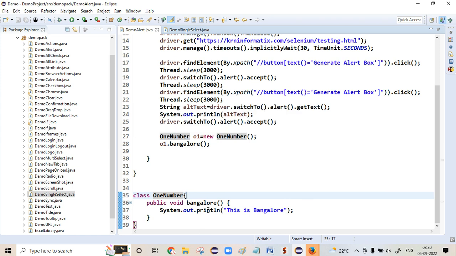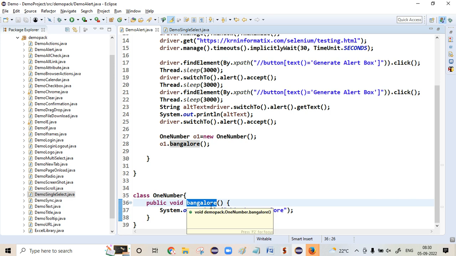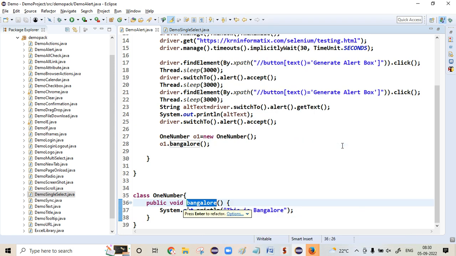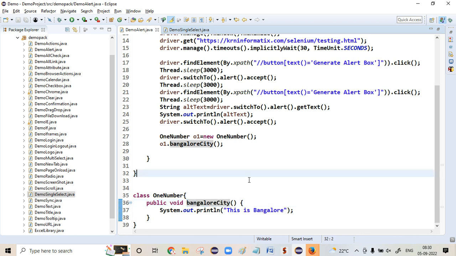If I want to change the city, right click, refactor. How to refactor. Now whenever we give the class name, I see many of them starting the class name with